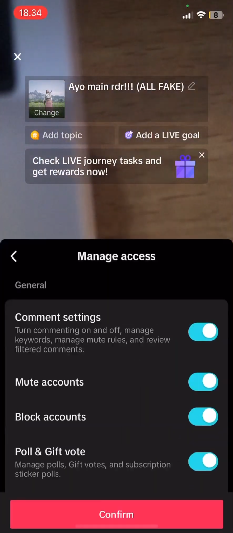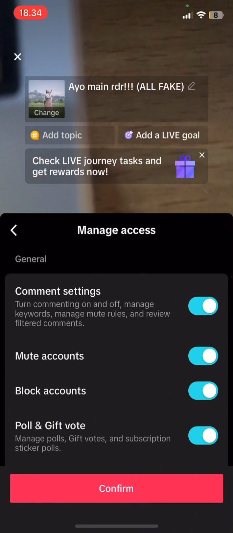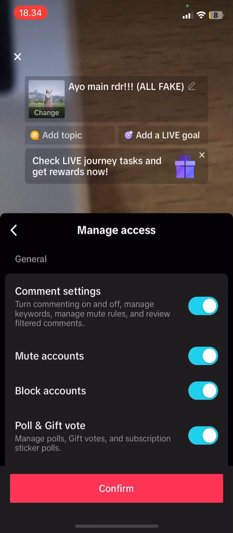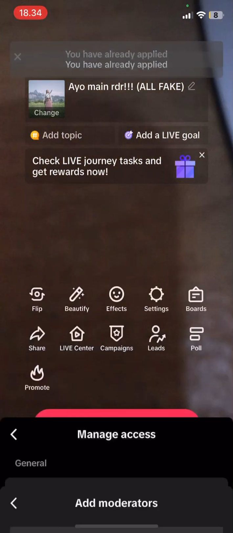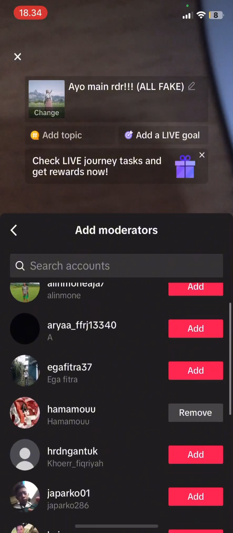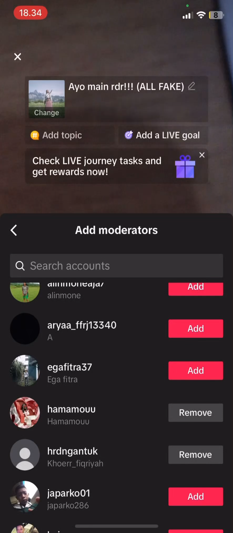I'm just going to add my friends here, and they can manage the access, comment settings, mute accounts, block accounts, and they can also manage polls, gift votes, and subscription sticker polls. Press confirm. Okay, you can add another moderator, and you're just going to press confirm if you'd like to,